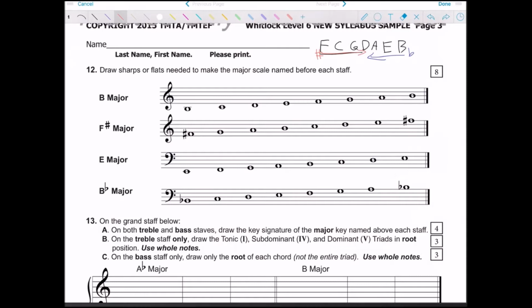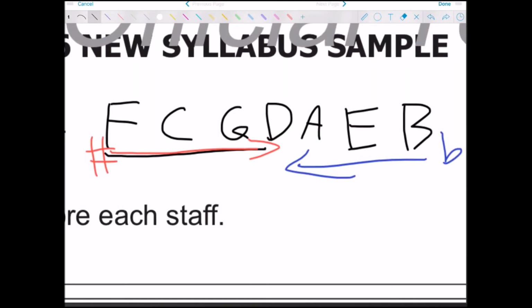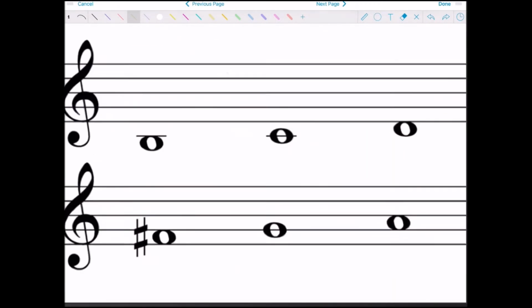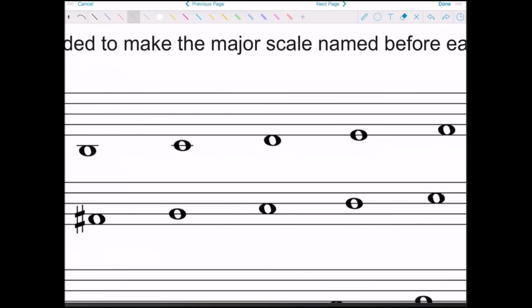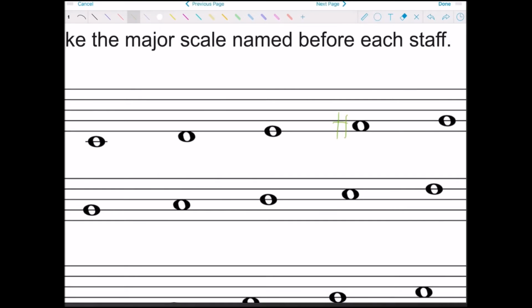Alright, so the first one says B major. B major, I just know off the top of my head, is going to have 5 sharps. So I'm going to look over here at our silly sentence and circle the first 5 sharps right here. I'll do it in green. 1, 2, 3, 4, 5. Those are going to be the 5 sharps. And then I'm going to look over here, look for fat, F right there, fat, and then cats